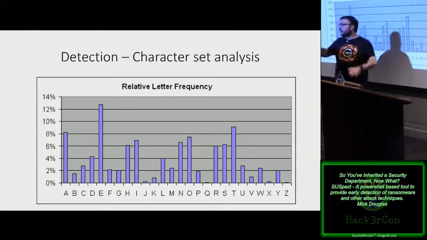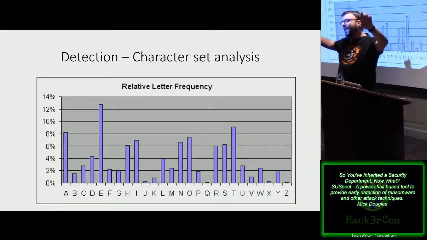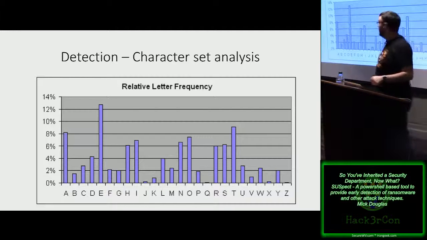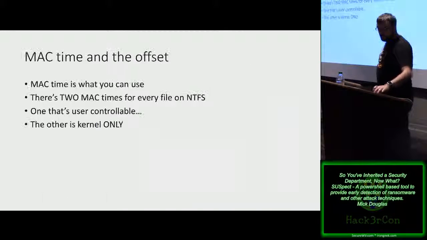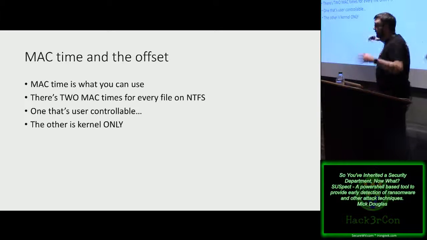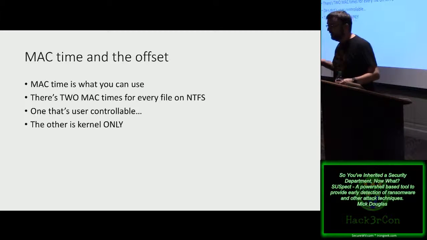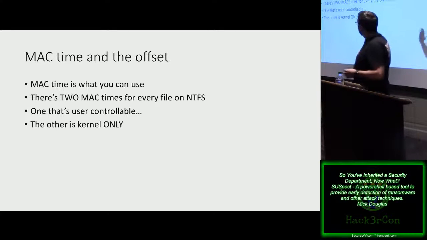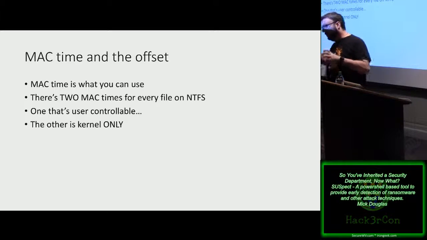To combat character frequency analysis on modern cryptography systems, what they do is they will actually make it so that this frequency looks like a flat line. So if you have a text file where the frequency is flat, that's weird. You can detect for this. There's tools that will help you find that.